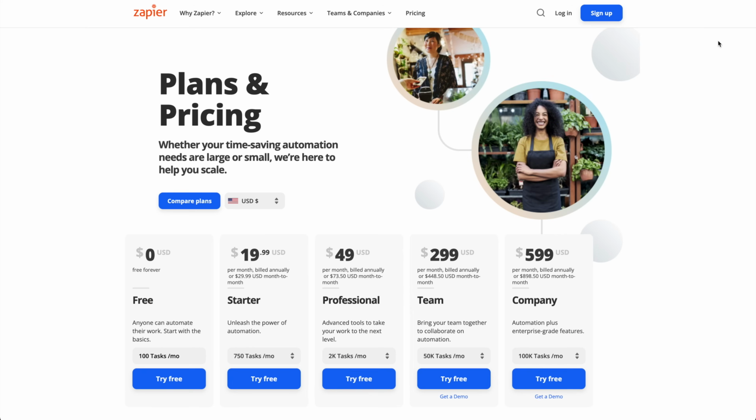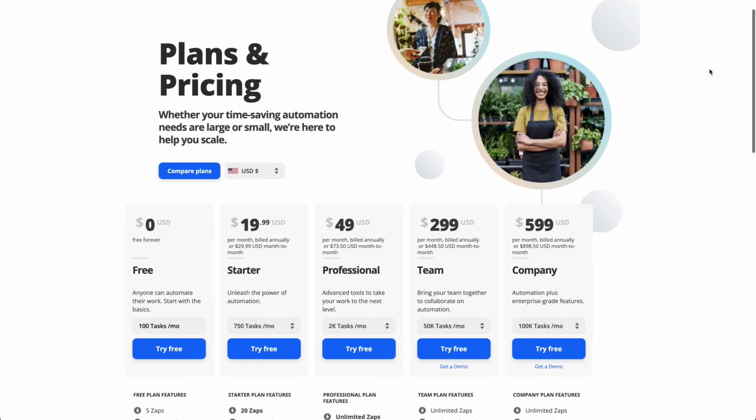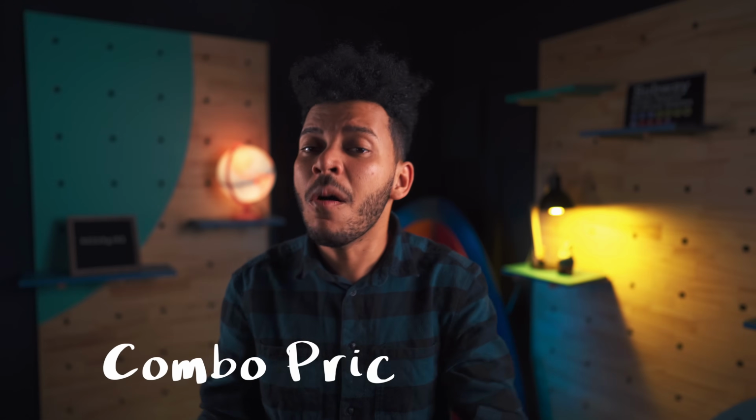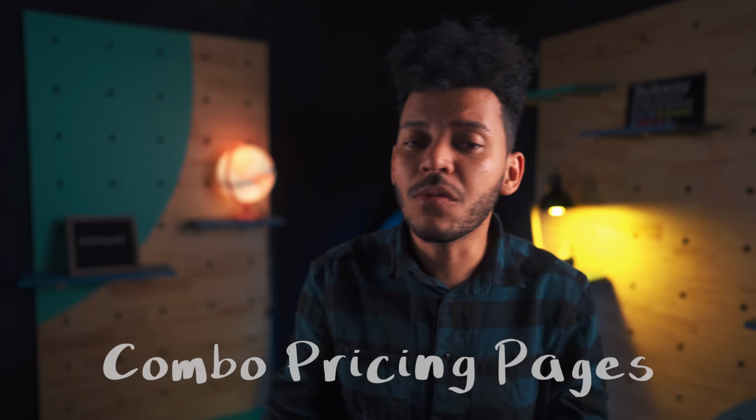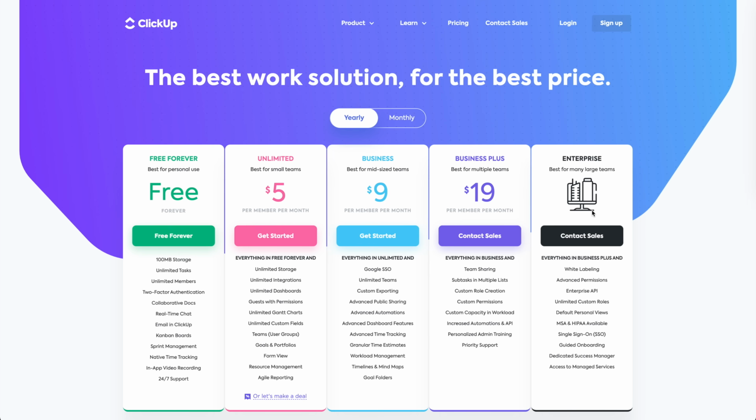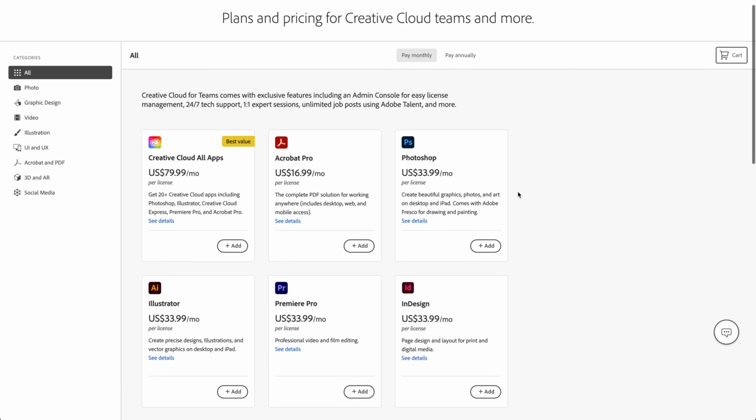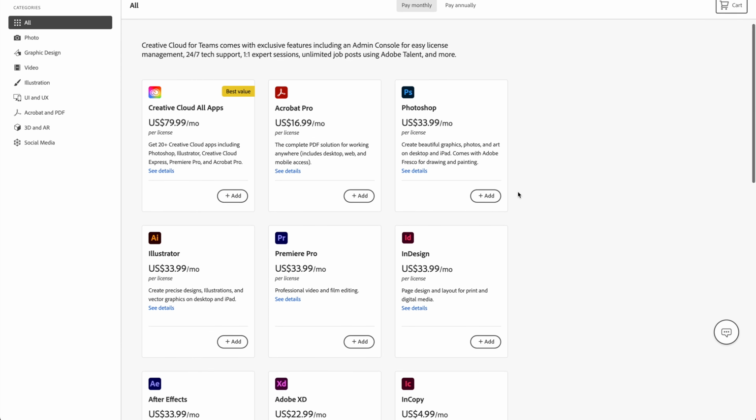Now, that being said, we can also, of course, combine these pricing models. Zapier, for example, expands both with features and with a number of actions. It's a combo of tier-based and usage-based. ClickUp has 2 plans, which makes it a tier-based model, but also a user-based pricing plan. Adobe for Teams, for example, scales both on a per-user basis and a flat fee per tool. Now, the general conclusion with all of this is understanding customer usage and then adjusting your pricing to that. You have to adapt to your customers, not the other way around.